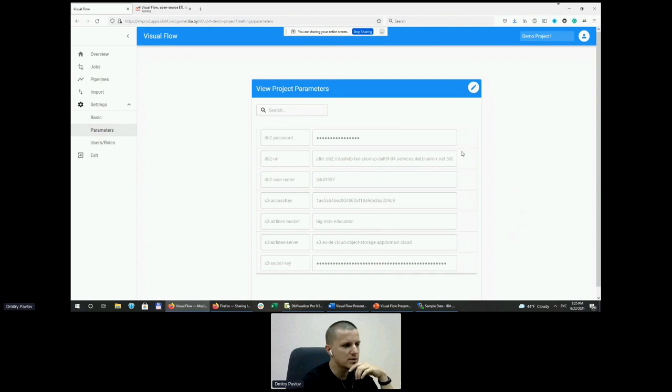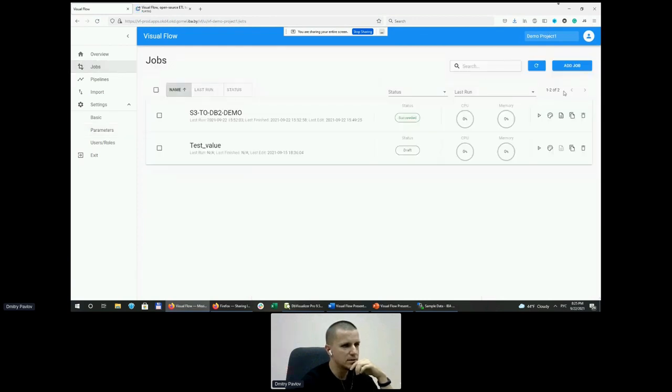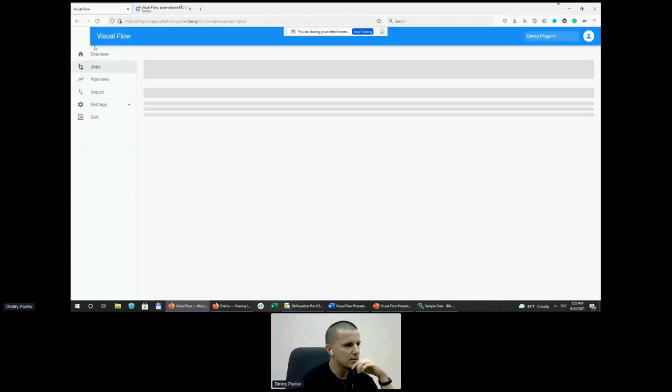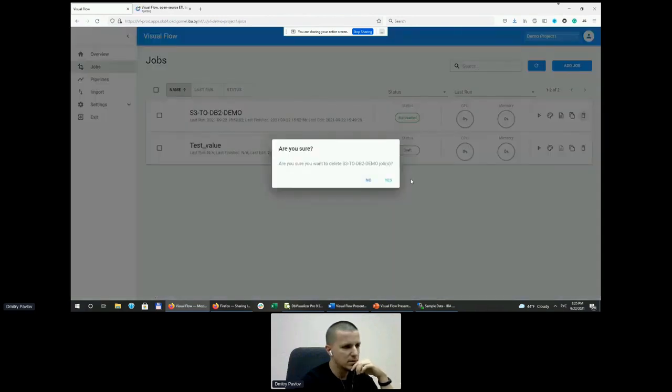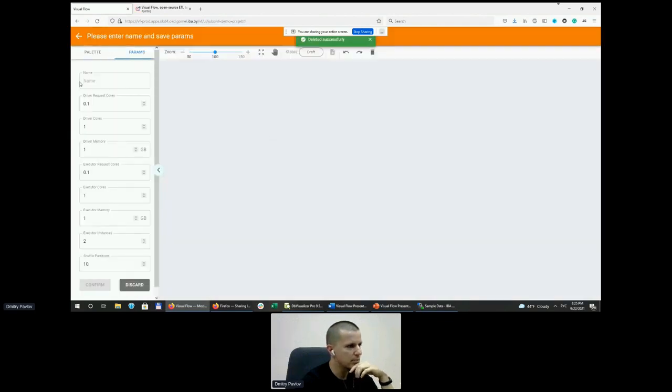So at this level, you can specify your shared parameters to be used in multiple jobs in your project, so you don't have to specify the same parameters here and there. Okay, I have already entered several connection parameters to be used by our test job. So let's go ahead and create a job. I go to jobs. Okay, just by the way, let's delete this one. Yes. Okay. Add job. Let's call it S3